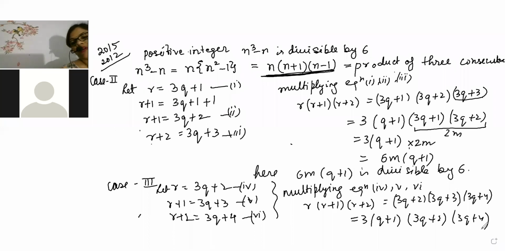So here again, beta, this will be a multiple of 6, because the moment we write q is equal to 1, this is coming 5 and this is coming 3q plus 2 we started with, that is coming 3 and 4. Okay, then q is equal to 1. When q is equal to 1, beta, it will come 6. The moment you take q is equal to 1, it will come 6 and this will be divided. So what you are going to write? 3q plus 2, 3q plus 3 and 3q plus 4 is exactly a multiple of 6.